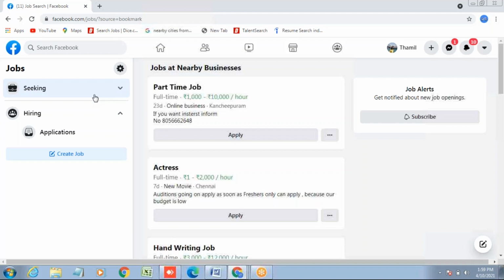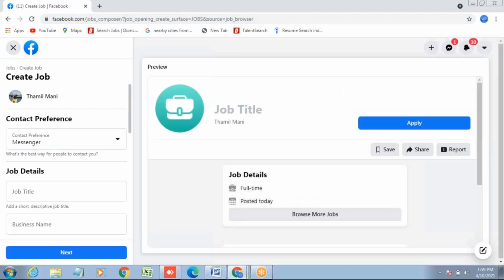Just click that create job under application and hiring. Click that create job. So what you're trying to do, you have a project engineer requirement, you're trying to post this in Facebook. Is it understood, Tamilmani? Yes, sir.